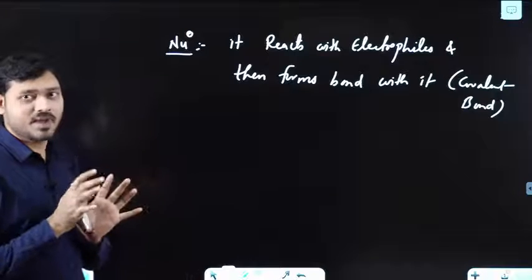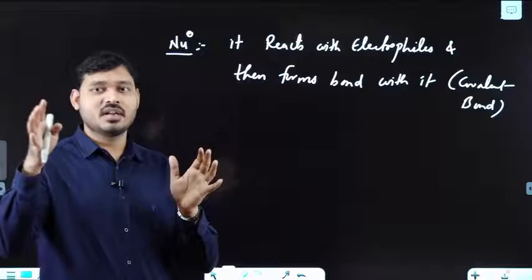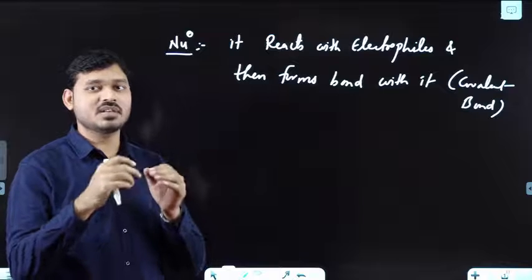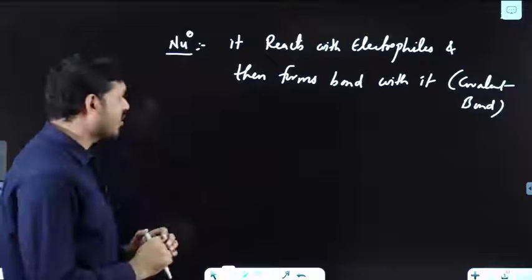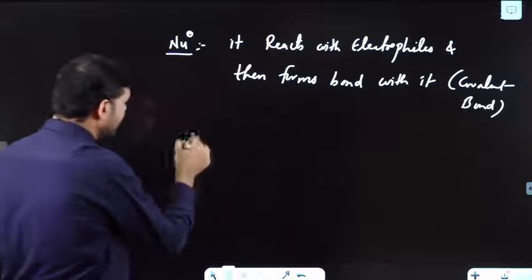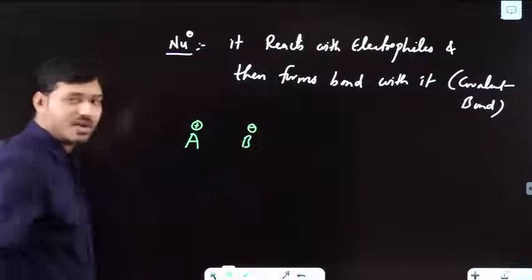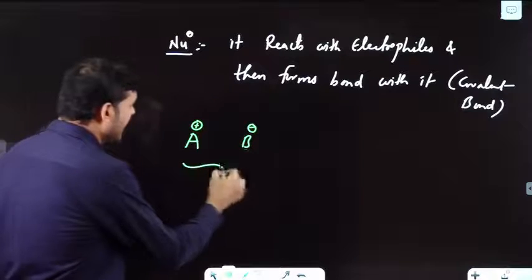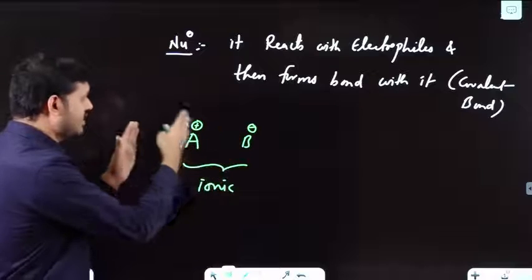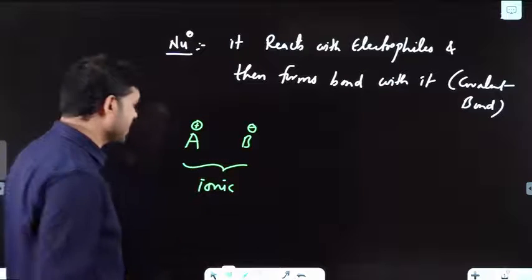polarization phenomena, because I have discussed left to right in a period. But when we come up to down, then we have to understand certain other factors as well. See, if I say an ionic compound A plus B minus, suppose, this is ionic in nature. Why ionic? It is having charge separation. It is plus charge, it is minus charge. And it is having electrostatic force of attraction.